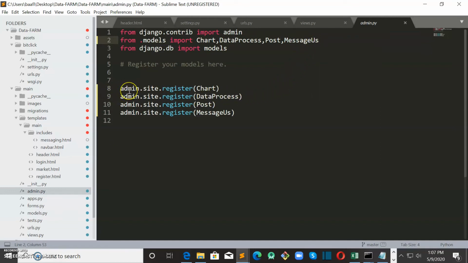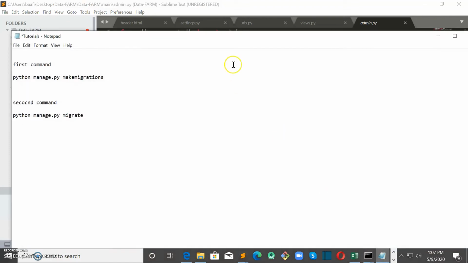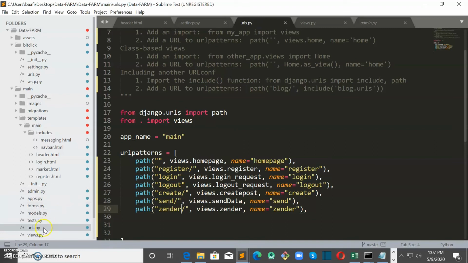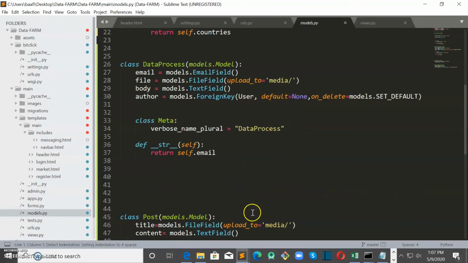So in order to register them, you say admin.site.register, this particular model. You register this particular model, and then you register this particular model. So this is the Django way of doing things. But the most important thing you have to keep in mind is that after the models have been created in the models.py section and saved over here,